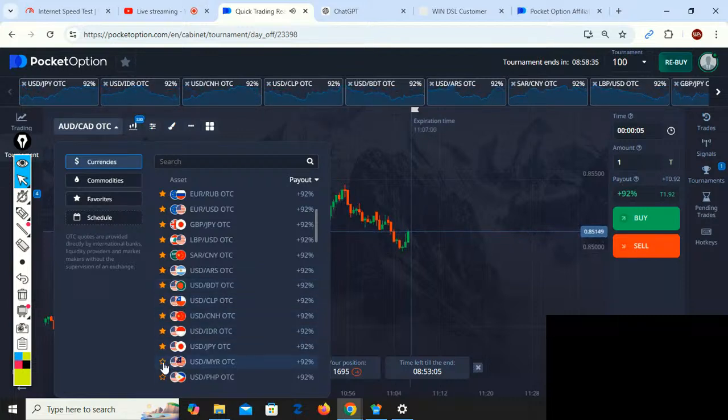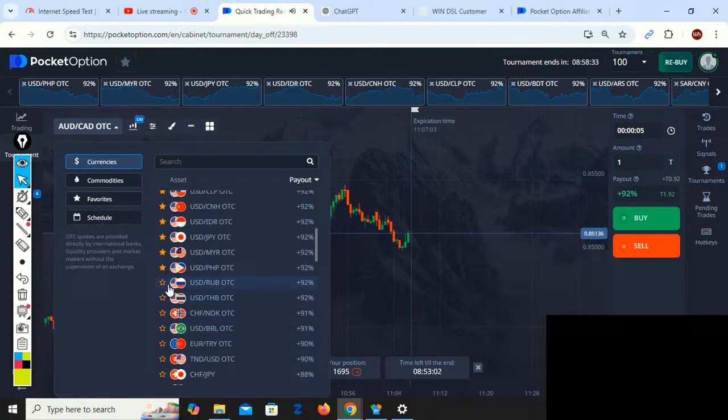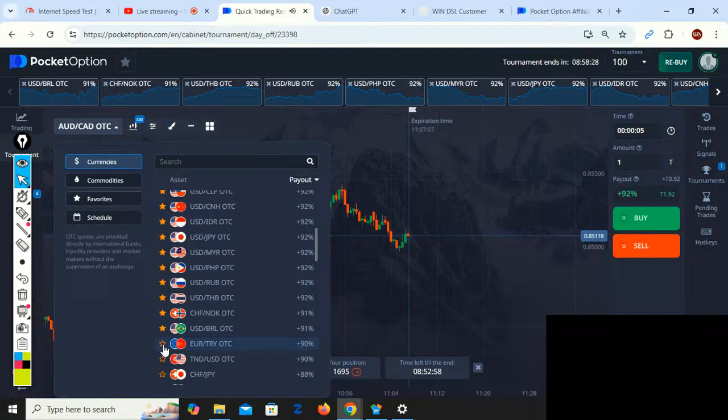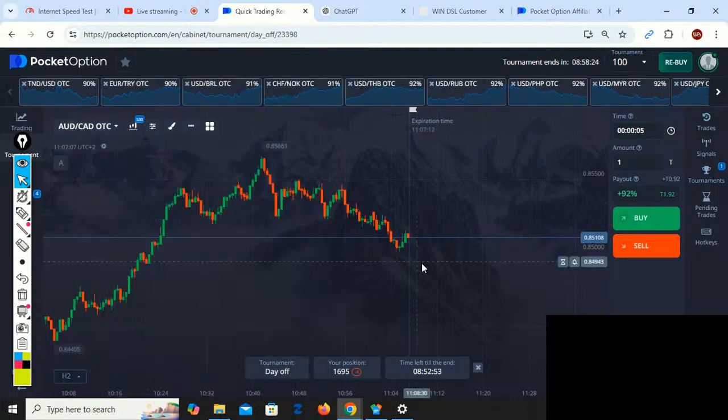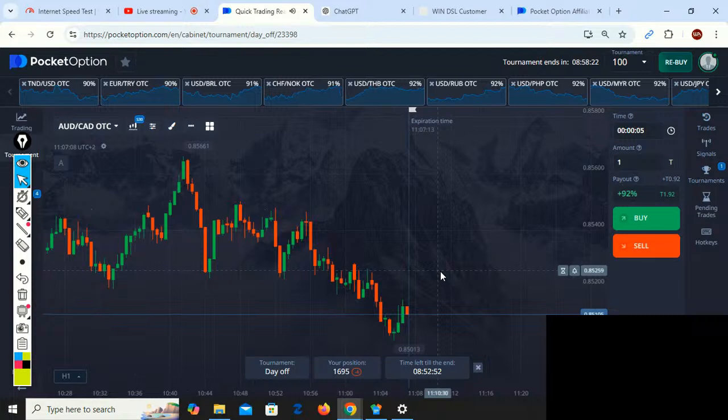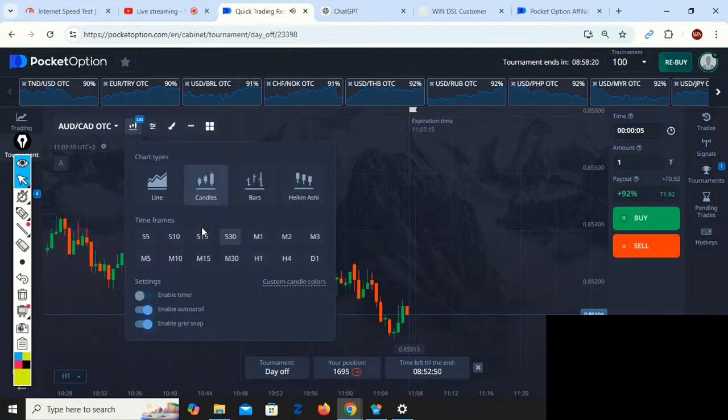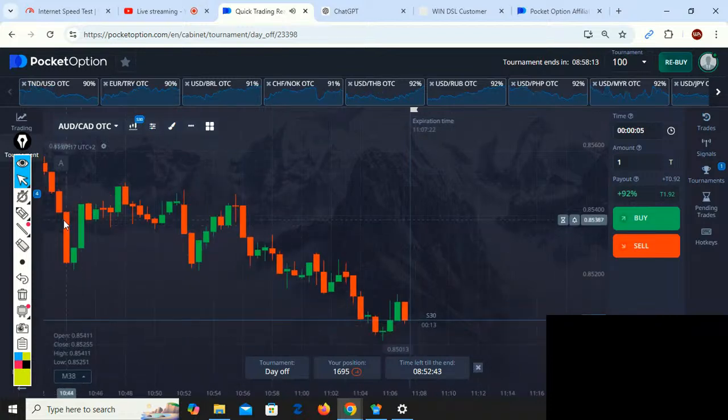Lots of 92% pairs today, which is great. The broker keeps on changing those returns, so you have to keep an eye on those. Now, the strategy, let me activate the timer. It's important you enable your timer over here so you can see how much time is left